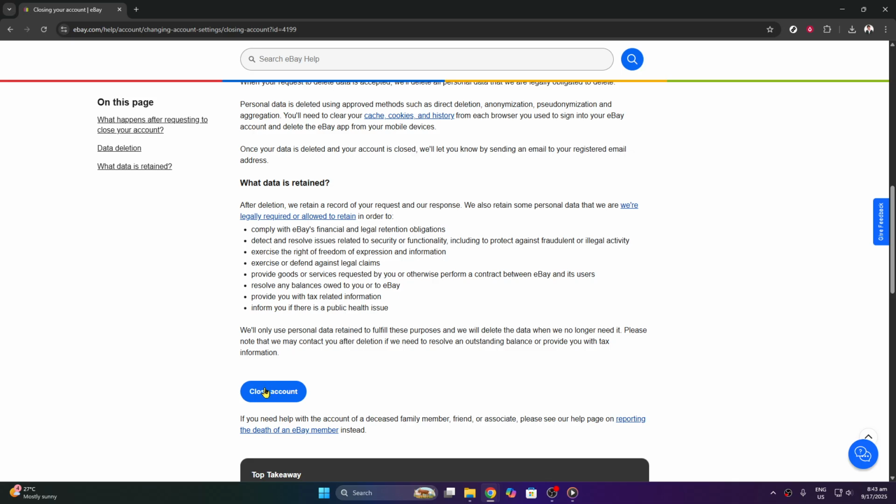A prompt will appear asking you to confirm your decision. It's important to take a moment here to ensure you're certain about this, since after confirmation there's no going back. If you're having second thoughts or if you just wanted to adjust some settings instead, this is your opportunity to